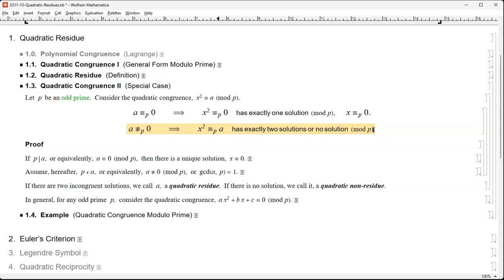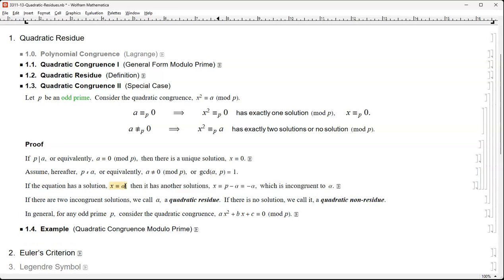Now for the second, let's assume P does not divide A, or equivalently A is non-zero mod P, or still equivalently A and P are relatively prime. These three are always equivalent as long as P is prime. So depending upon which one is more convenient, you can use whatever you want to. Depending upon your preference, you can use whatever you want to. I'm going to mix those up. Okay, in this case,